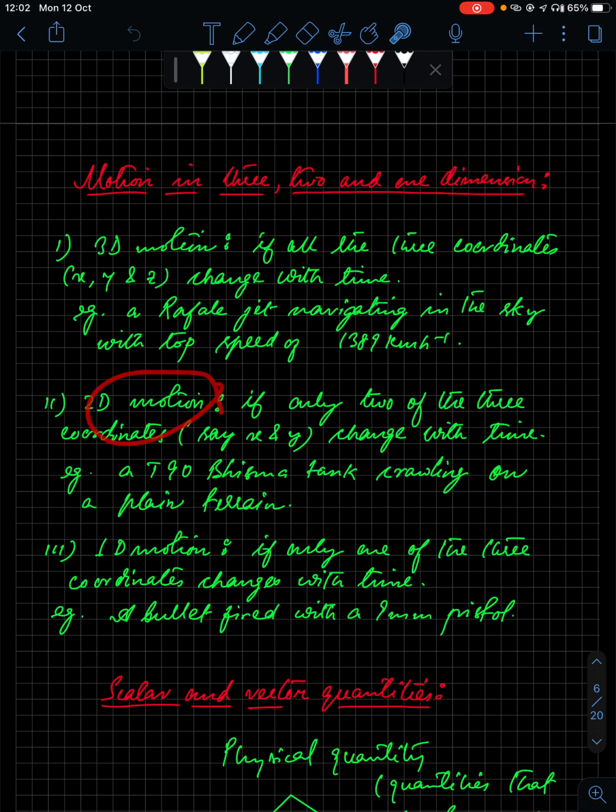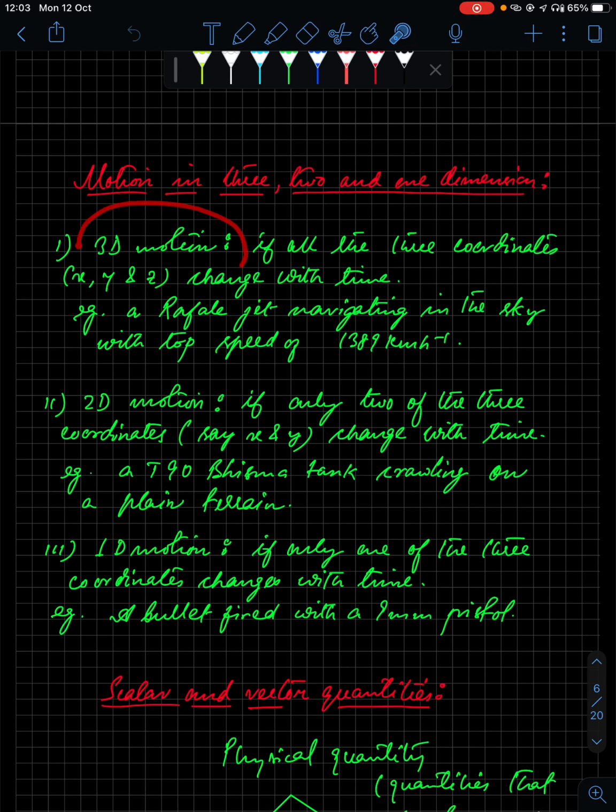So in case of two dimension motion, if you have the coordinates, you can plot this example. You can have other examples like an ant crawling on a tabletop, or on your book. To locate the position of this ant, you need these axes, this will be the y-axis and this will be the x-axis. Once you have the x and y-axis, you can find out the position of the ant.